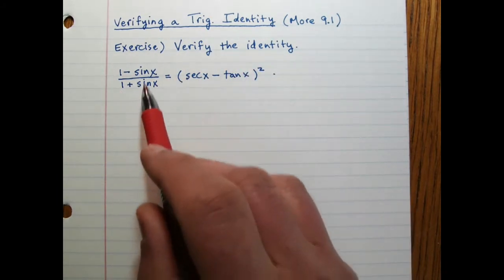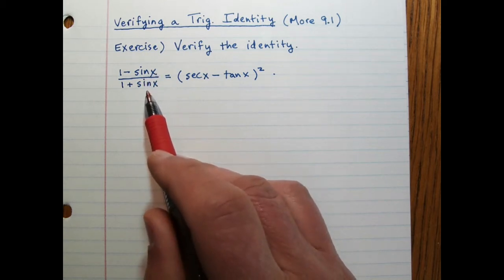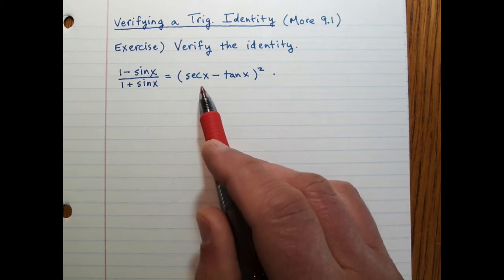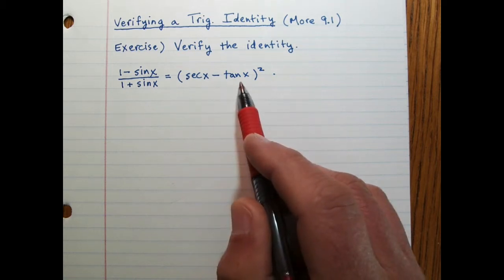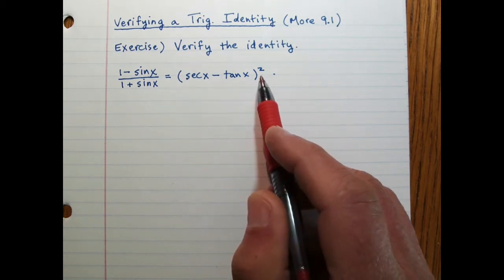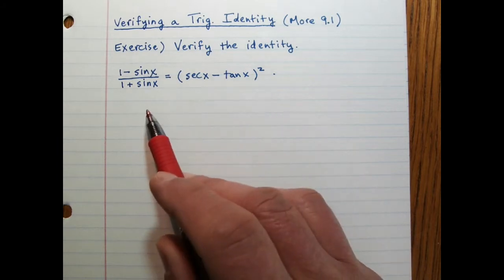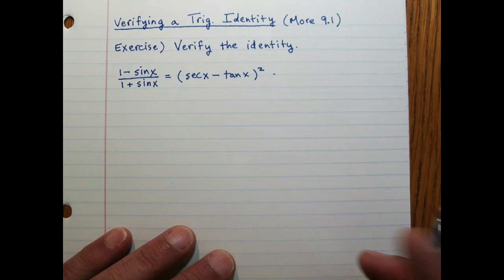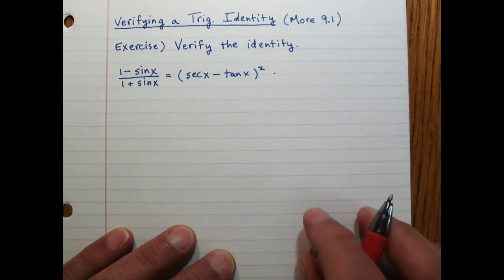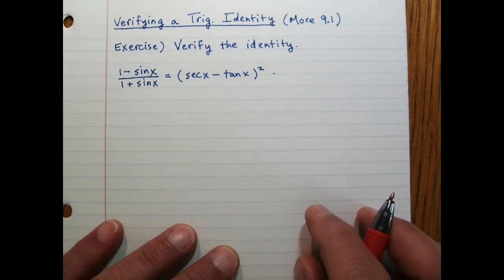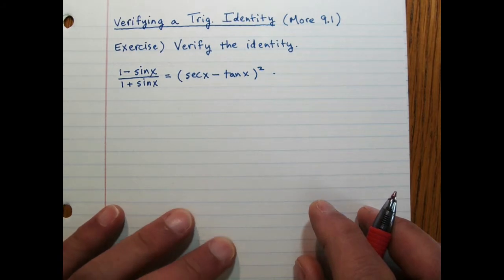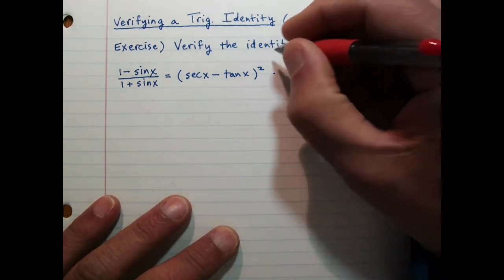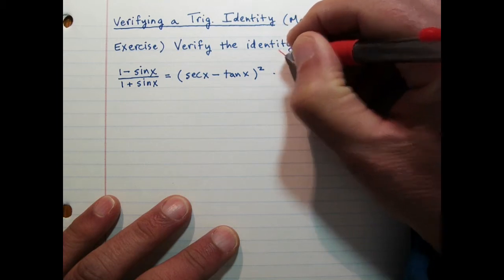Quite a mess, right? 1 minus sine x over 1 plus sine x equals secant x minus tan x in parentheses squared. What we want to do is show that this equation is true for all values of x whenever that equation is defined. And so what it means, and let's just maybe reword this a little bit,